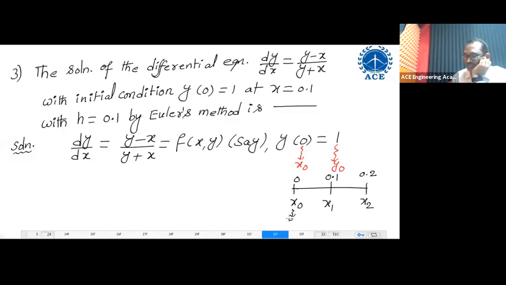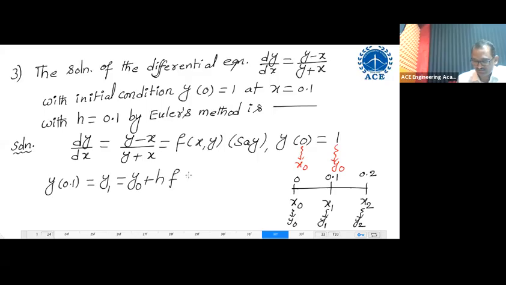Y value at x naught, y naught; y value at x1, y1; y value at x2, y2. Now, you should be careful. You are asked to find y value at 0.1. Remember, y value at 0.1 should be y1 only. Only y1 is required. Y of 0.1 is equal to y1